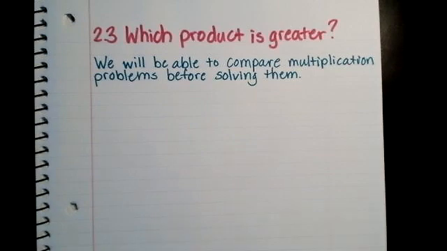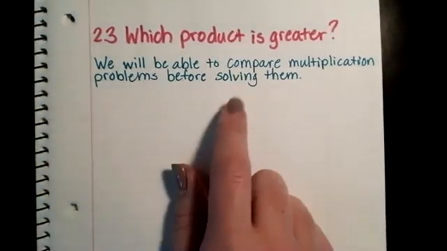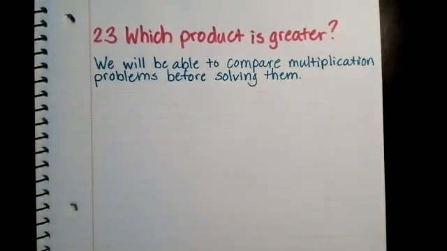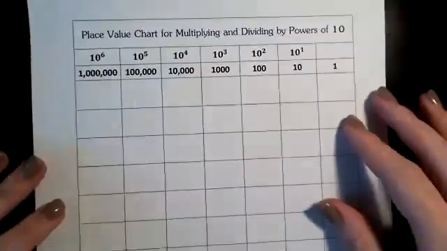Okay, I was using that as a little bit of a shortcut in our last couple lessons just to save us some time in our instruction. But today we're going to go over why that's happening so we can understand that a little bit better when we are looking at multiplication problems that we need to figure out which one is going to be greater without solving the entire thing. All right, so to do that, I'm going to use this chart that you should have